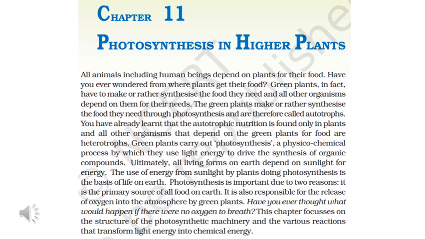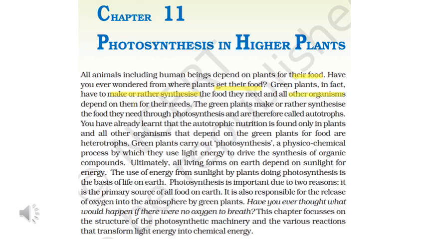Chapter 11 Photosynthesis in Higher Plants. All animals, including human beings, depend on plants for their food. Have you ever wondered from where plants get their food? Green plants, in fact, have to make or rather synthesize the food they need, and all other organisms depend on